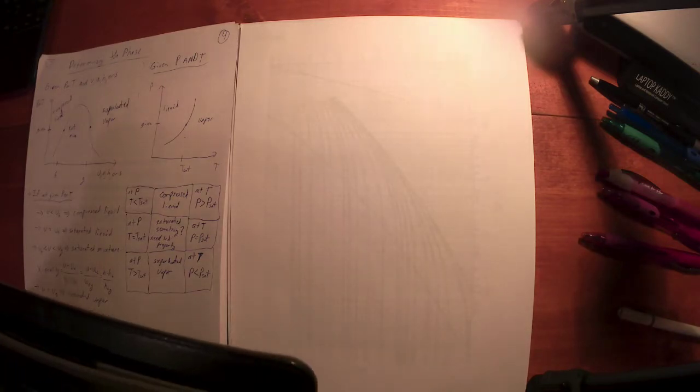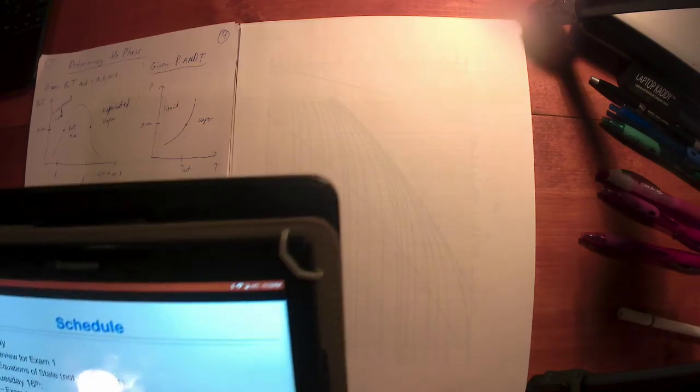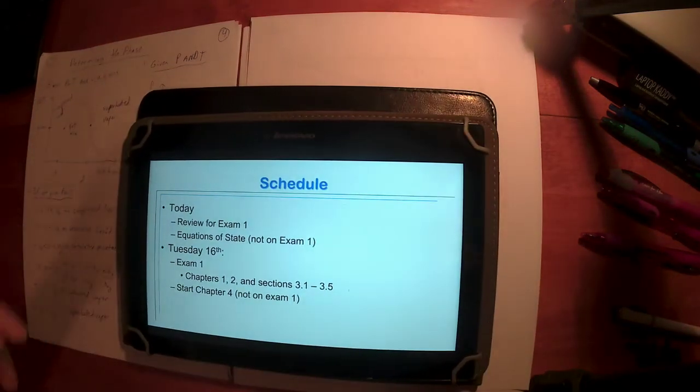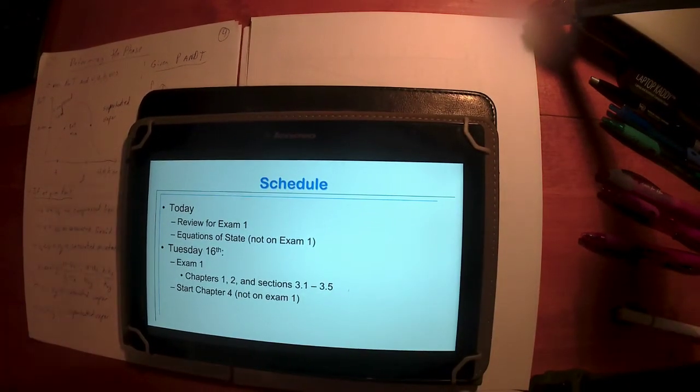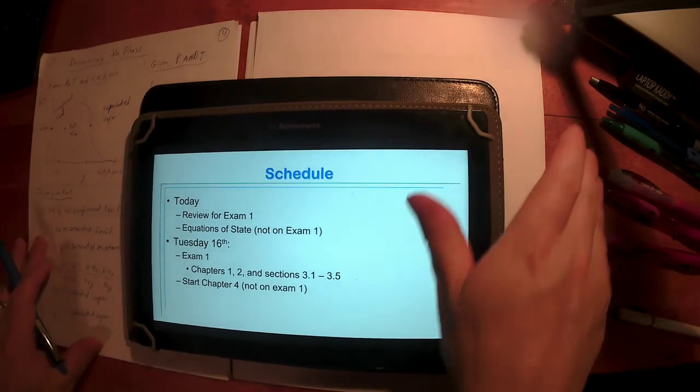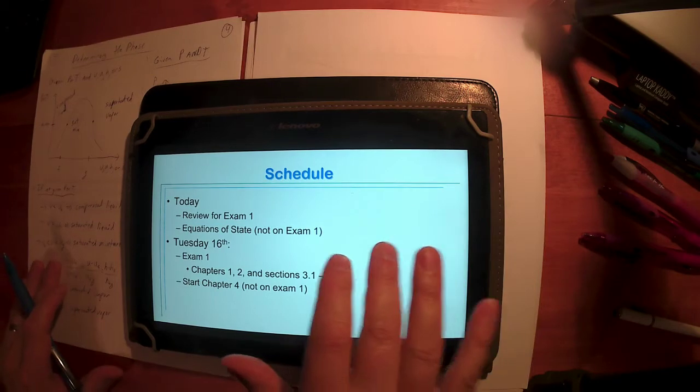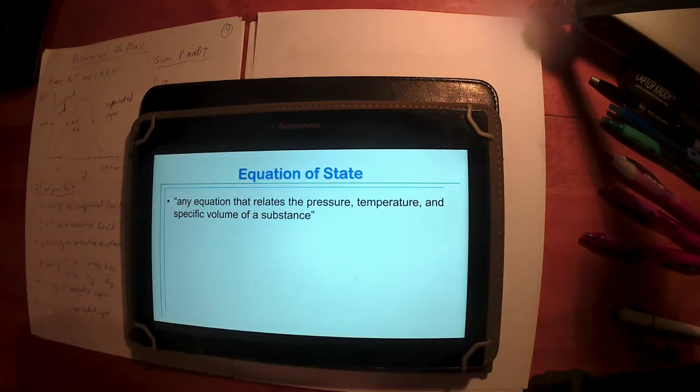So, where does that leave us then? That leaves us with the rest of Chapter 3 to talk about before we try to move on to Chapter 4 after the exam. So let's do that. So the rest of Chapter 3, got to pop here. I want to make sure I don't have glare on the screen. Okay. So the rest of Chapter 3 in your text is going to talk about the concept of what we